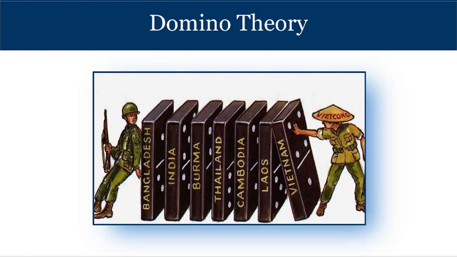The next theory is not a valid theory. So the next theory is the domino theory. The domino theory states that if one country falls to communism, then the countries around it will fall to communism. The countries geographically located around it will fall. This is not true. So the biggest and easiest example of this is Cuba. Cuba falls to communism. The closest thing to Cuba is Florida. Florida doesn't fall to communism. So the domino theory is not valid. But it's going to be a really important part of how we conduct our foreign policy for the next 40